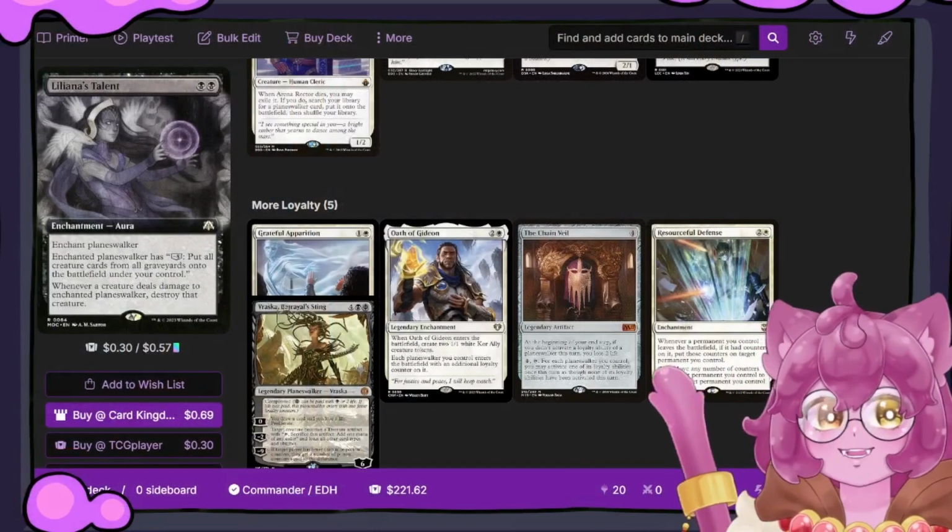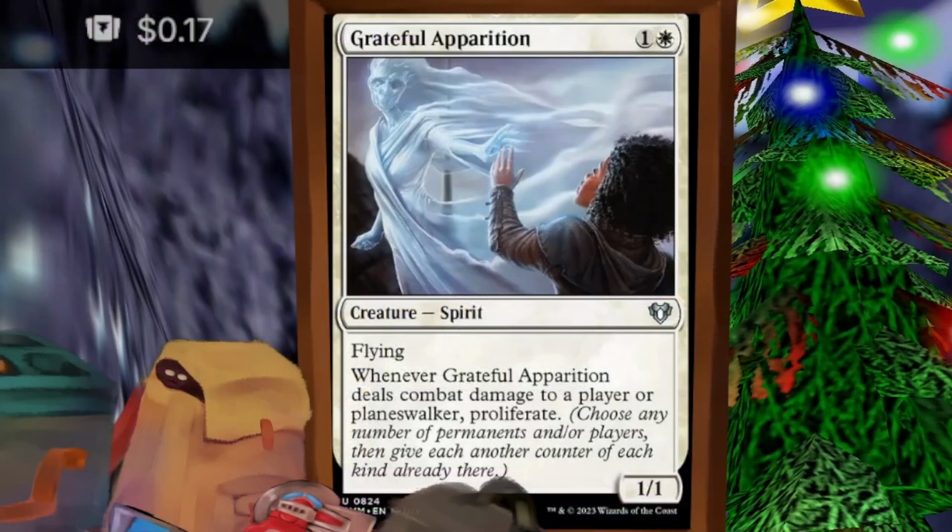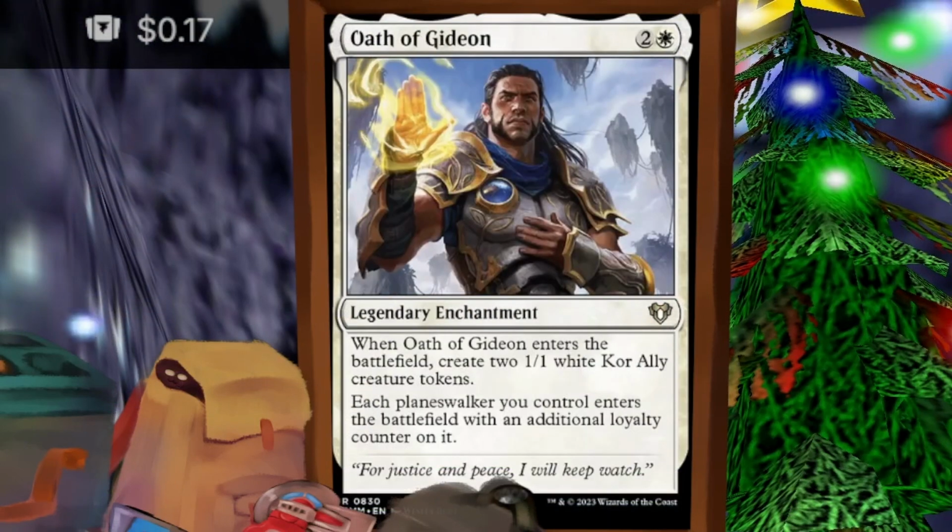Let's also add in a few ways to add loyalty to our planeswalkers. The original deck had this, and I think it should be in every version of the deck later on. Grateful Apparition lets us proliferate when we punch people or planeswalkers. Oath of Gideon gives extra loyalty counters to all of our planeswalkers, but the new additions to the deck will be